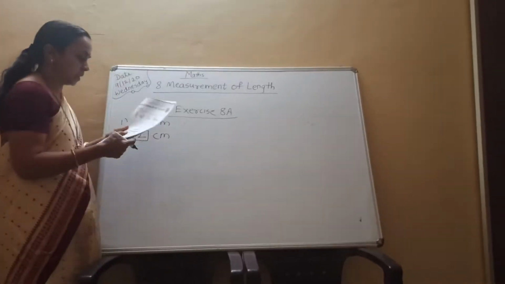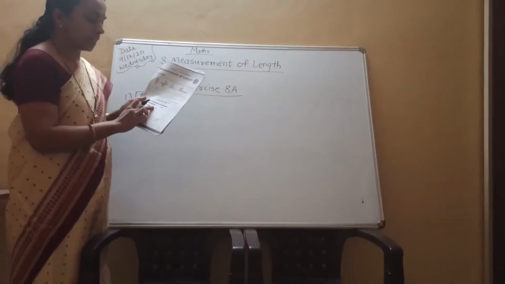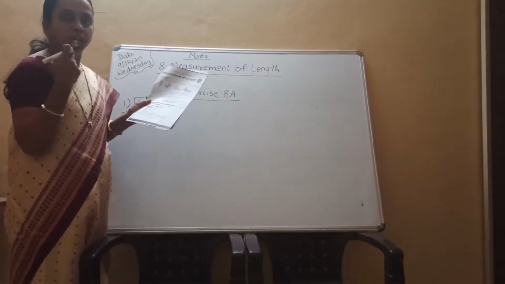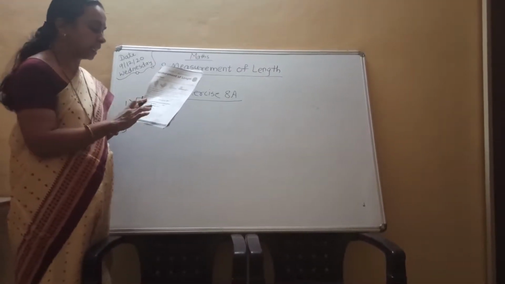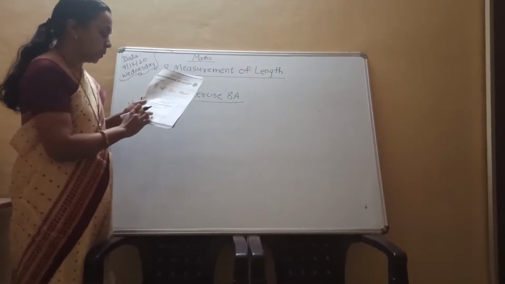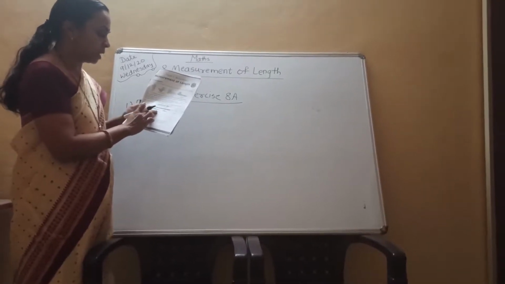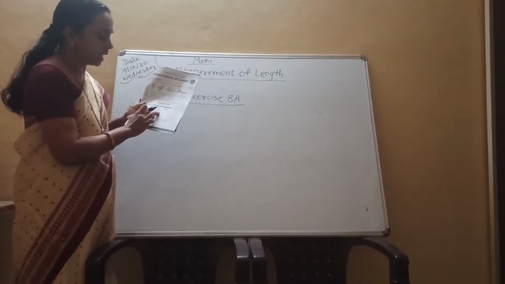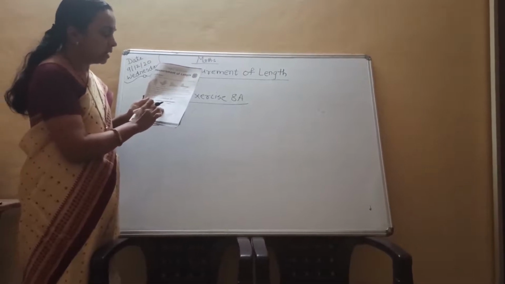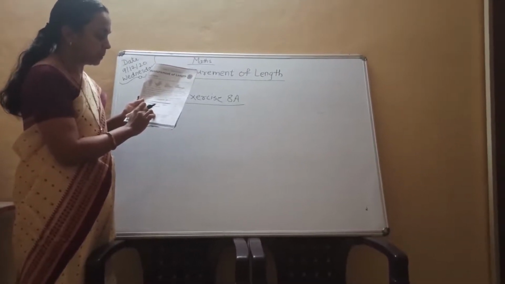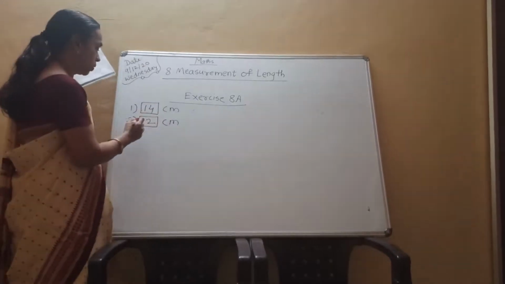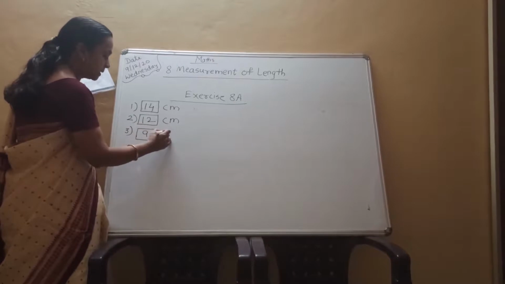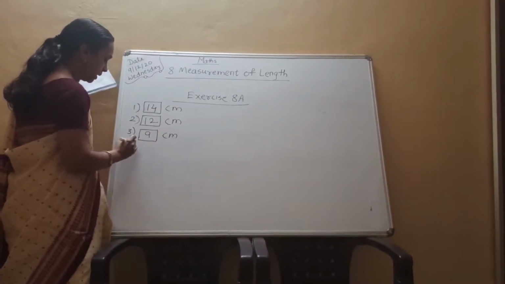What is the third picture? That is our toothbrush. With the help of this toothbrush we brush our teeth in the morning and in the evening also. On which number does this brush end? On number 9. You can see very clearly one dotted line on number 9. So in the third box you write down 9 centimeter.